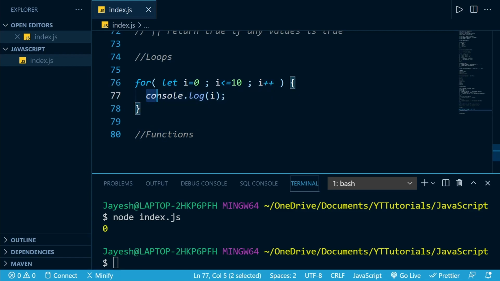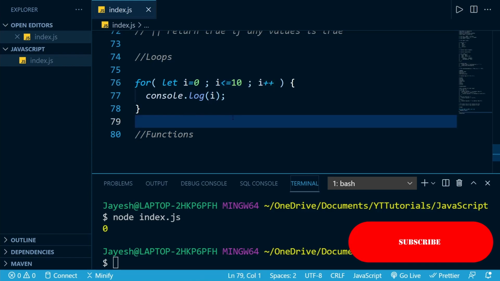Now it will again execute all the statements, and again check if our i is less than or equal to 10. It won't reinitialize our value to 0 every time. If you are still confused, try to print some values, or maybe just rewatch this part of the video, and I'm sure you will get it. It's not that difficult.